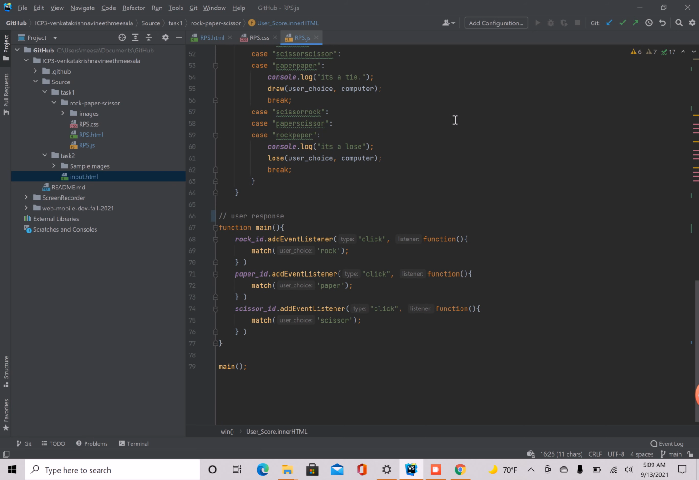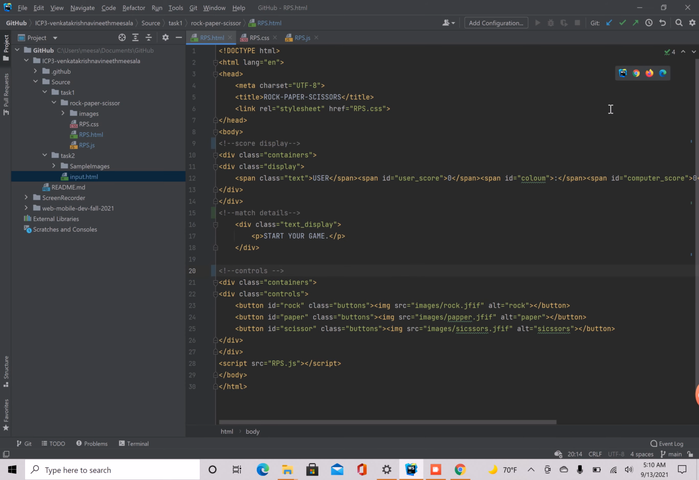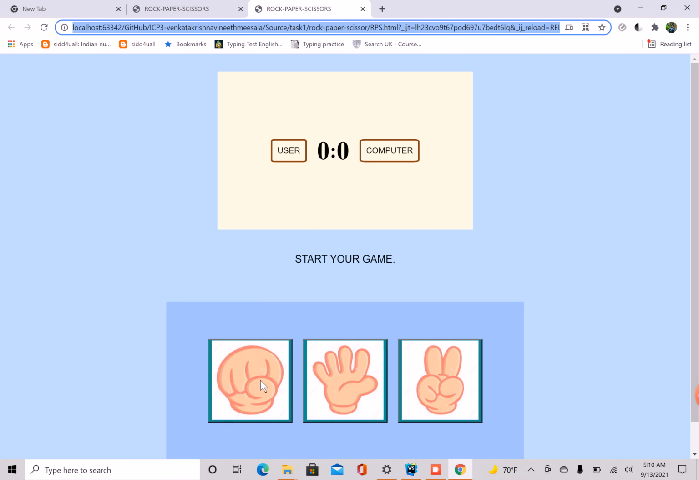The main function is the function that is activated only when we click an item, so that the function gets started with the match function. As we click on the rock button, the rock function gets activated, giving the user's choice as rock. If we click on the paper, the user's choice is paper, and likewise for the scissors. And the output looks something like this, in which as the game starts, the user keeps